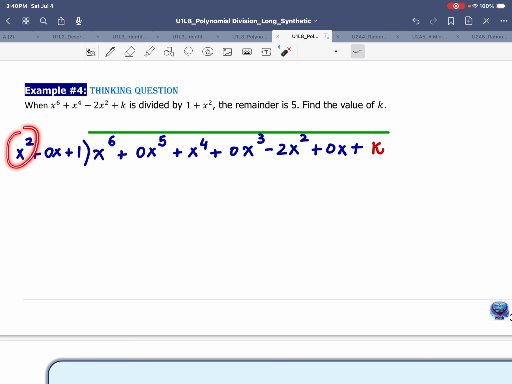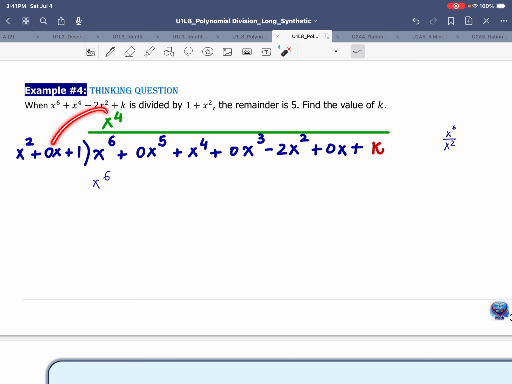So x squared goes into x^6. Always remember, we divide x to the power of 6, so we are dividing by the divisor, and we look at the first term. So x^6 over x squared is x to the power of 4. So x to the power 4 will be the first term in the quotient. So we'll multiply x to the power 4 with every single term in the divisor, and that will give x to the power of 6,